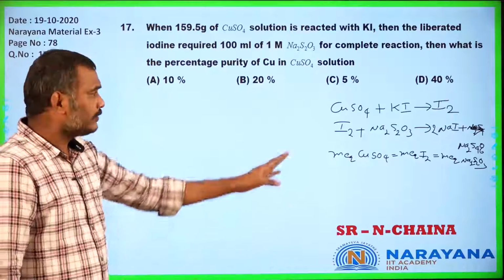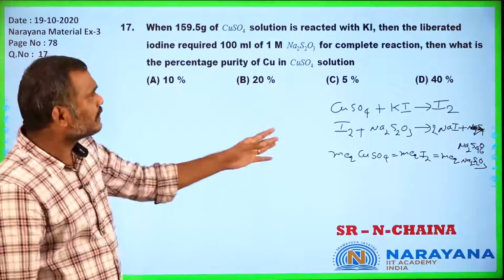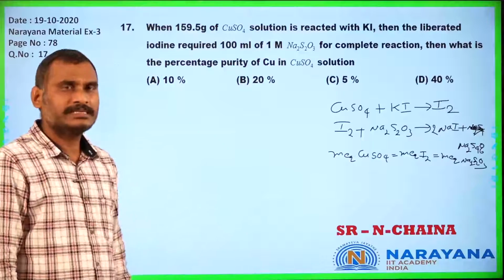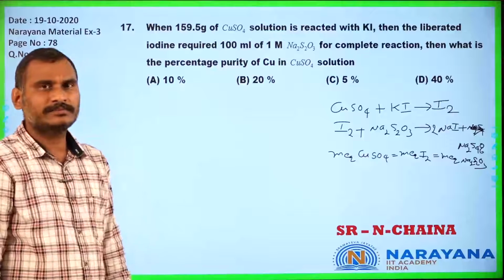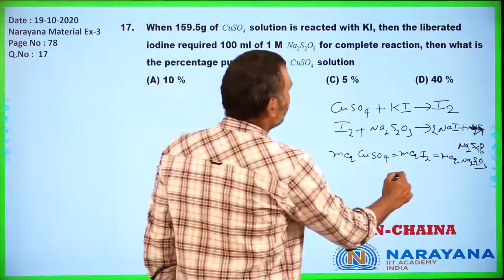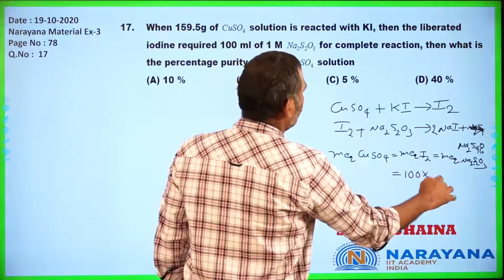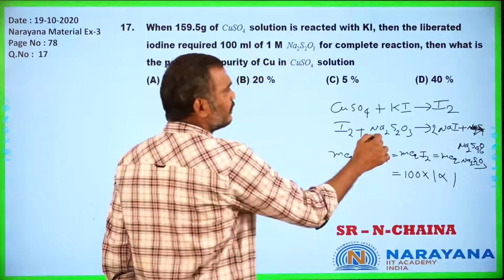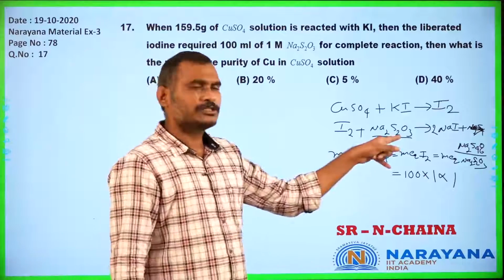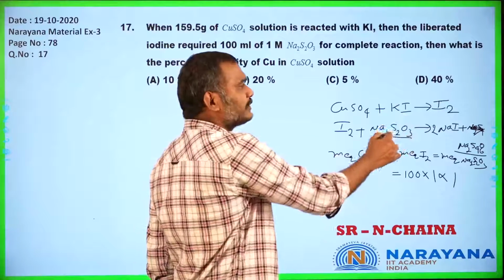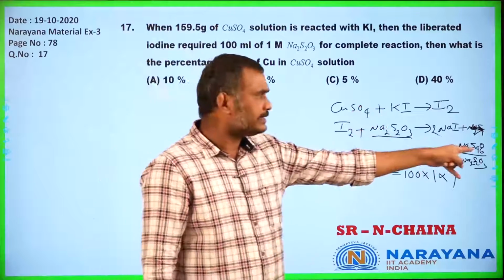Got my point? Milli equivalence of copper plus 2 is equal to milli equivalence of Na2S2O3. Instead of using copper sulfate, I am using copper. Is it right? So milli equivalence of copper plus 2 is equal to milli equivalence of Na2S2O3. Now milli equivalence of Na2S2O3, they gave 100 into 1. In this one, the n factor of hypo is equal to 1. How, sir? In Na2S2O3, 3 oxygens are minus 6, 2 sodiums are plus 2, so sulfur total is plus 4. Each sulfur is 2. Here each sulfur is 5 by 2.